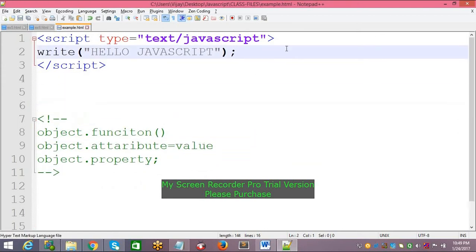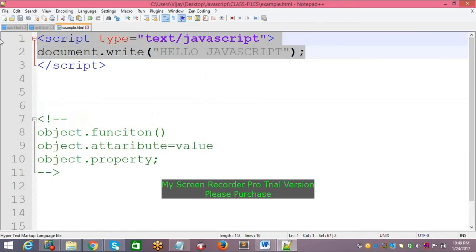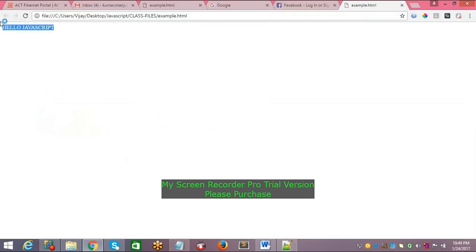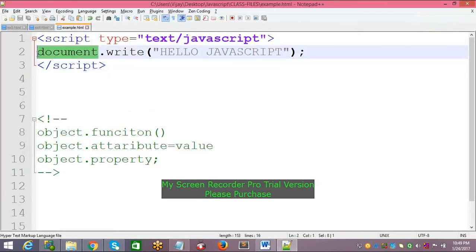See this example. Document is an object. We call the function, that is the write function, then automatically we can see the result. That means instead of the body section, we want to see our information as a result statement. The result statement can be decided by using document. It cannot be decided by using the window object.